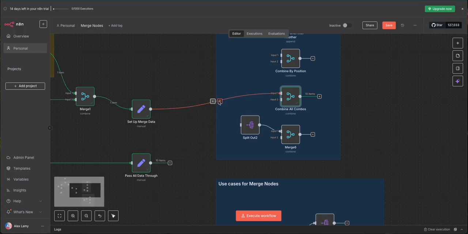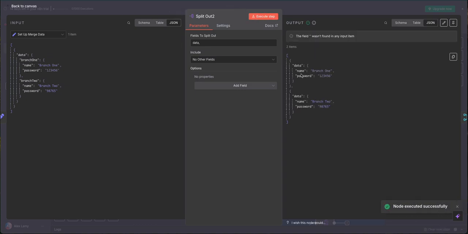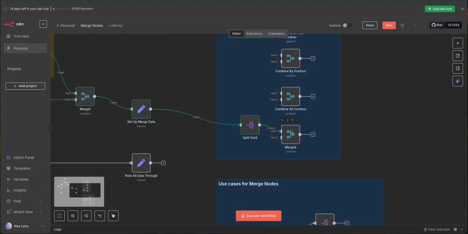But if there's multiple items going into combine all, what this node does is it basically takes that data packet coming in and splits it out into its 2 items. So it's going to take each of these and make them be the output. And you'll see that now there's no data packet, and each of them is their own little output. So when we run that into this combine all merge node, now we're actually going to get 20 as our output,